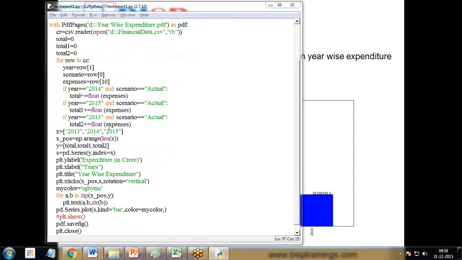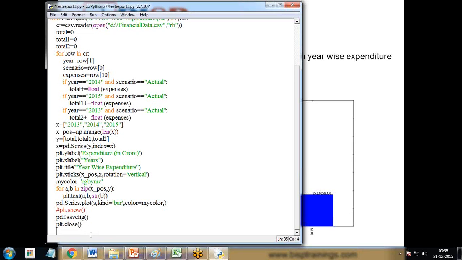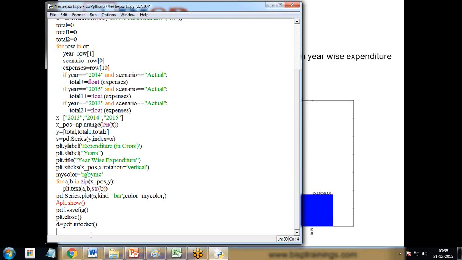So you can see the alignment has been done successfully, and what I have done here, I have saved pdf.savefig and I close this plt. It is very necessary to close the plt after the image has been saved. And if you want to add more information along with this, so I write here d is equal to pdf.infodict and provide the details like